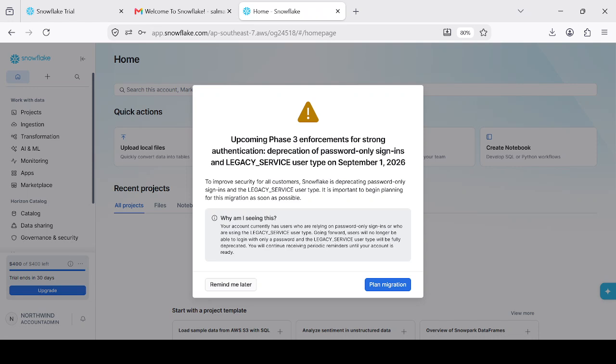We have our account created. Now let me go back to the next slide. We're going to create the warehouse. There are basically two ways: you can use the Snowflake UI, or